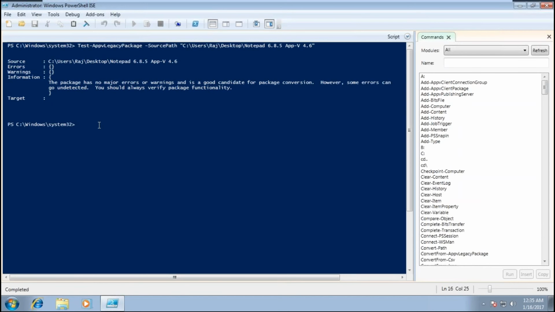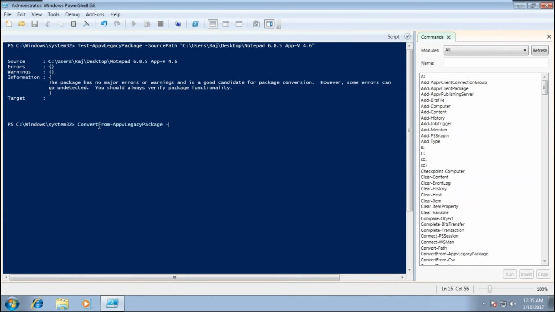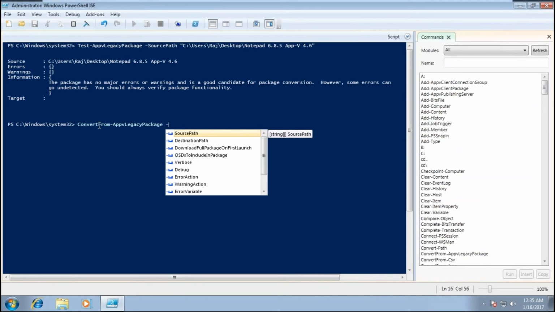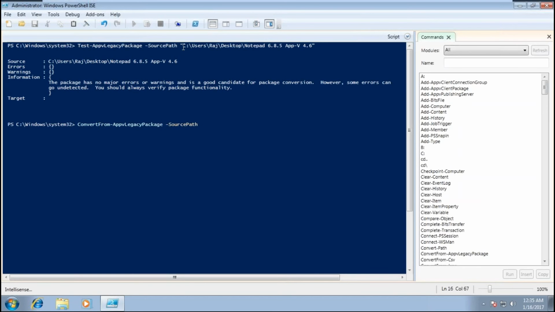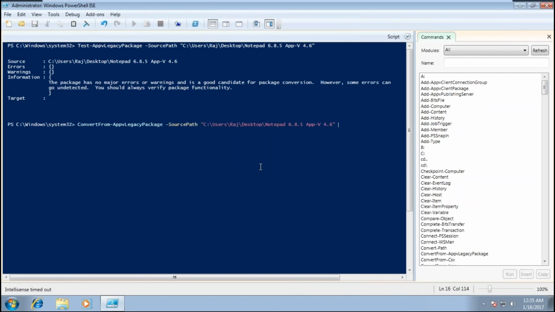So what is next? The command you have here is ConvertFrom-AppxPackage. Where is the source? I'm converting this same package. And what is the destination you want to provide here? It has to auto populate, yes.